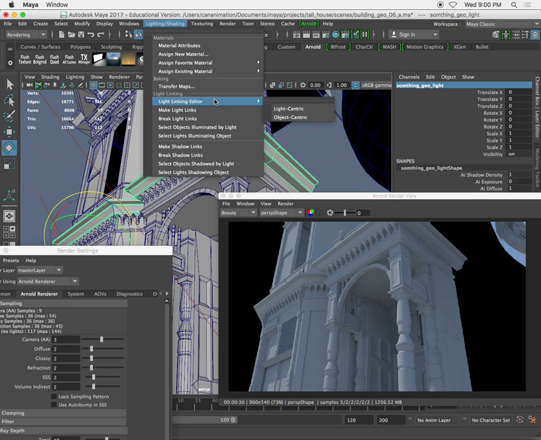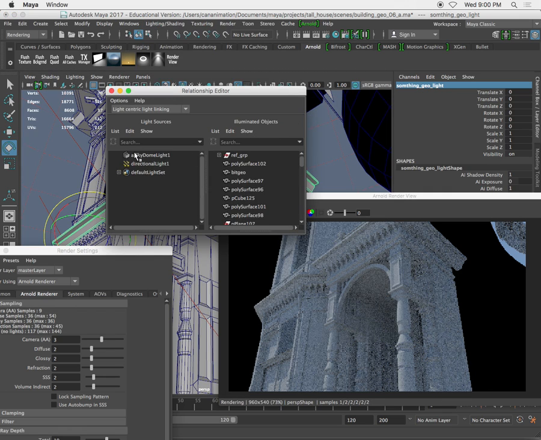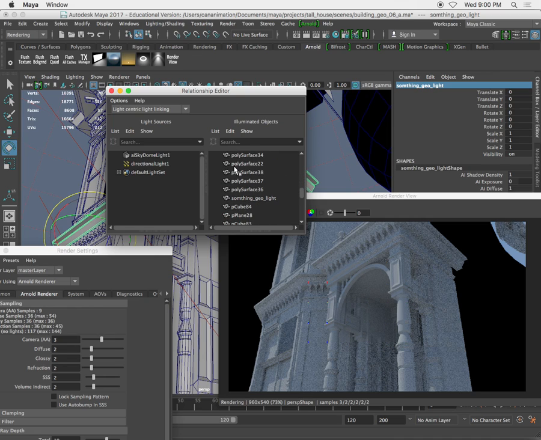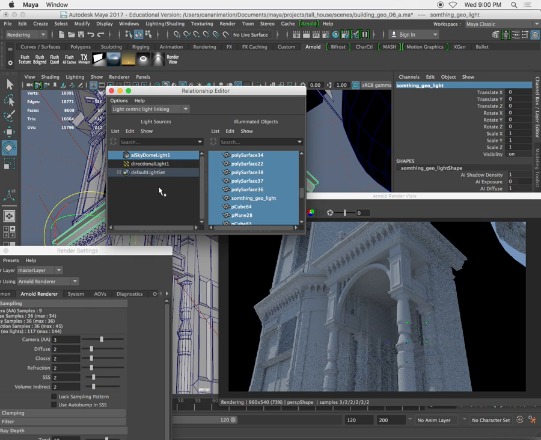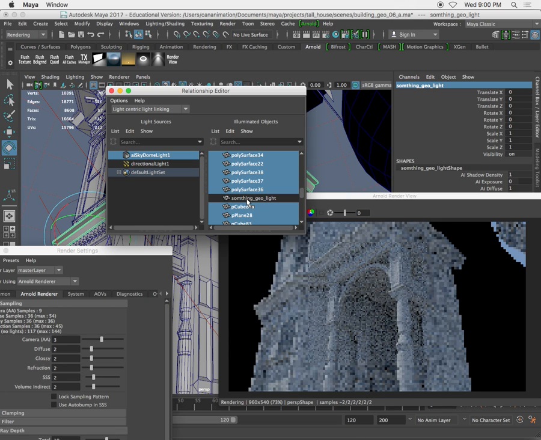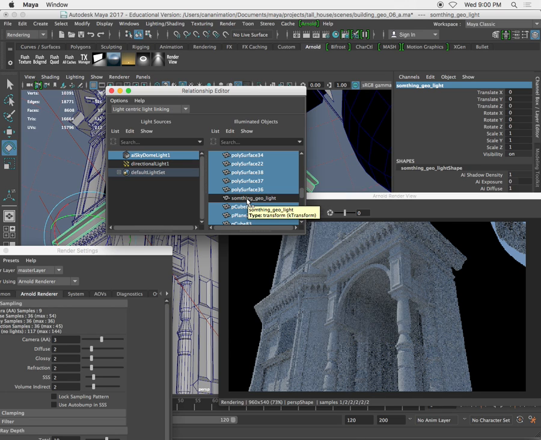Lighting and shading, light link editor, light centric. I get all my lights in my scene to the left, and I get all my geometries, and my scene is very dirty, but I get all my geometries off to the right. So if I click on my dome light, this dome light is blue and all this geometry is blue, which means that this light is influencing all this geometry. If I left click on something geo light,